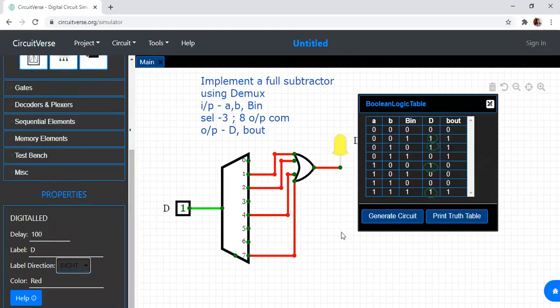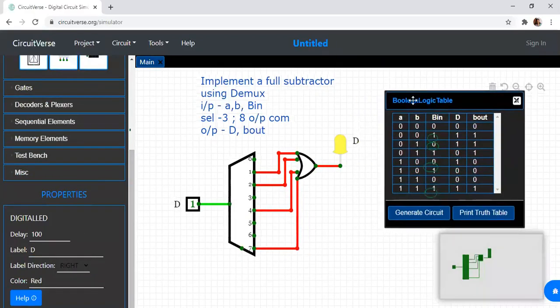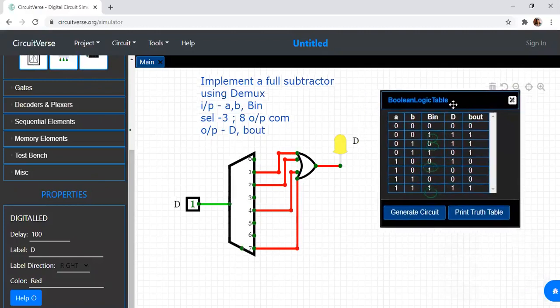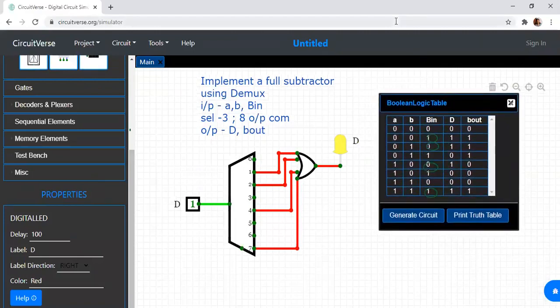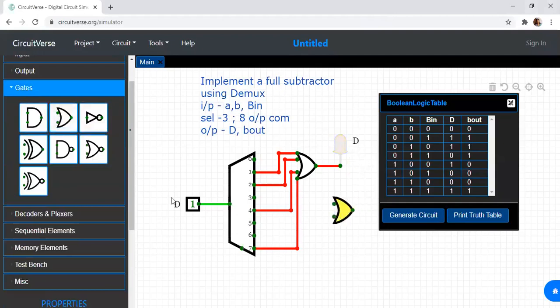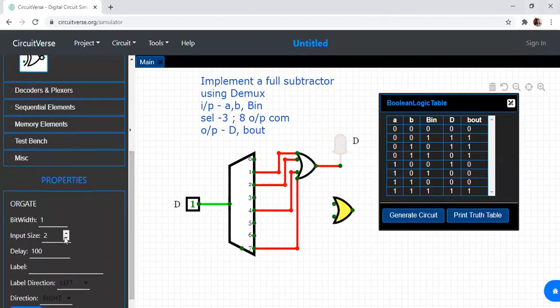Similarly, I can write for borrow also. So how will I write for borrow? Whatever the combinations for borrow are, we have to select and write. So borrow is, if you can see in the truth table, M1, M2, M3, and M7. It is a 4 input gate. So the first one to the borrow is M1.